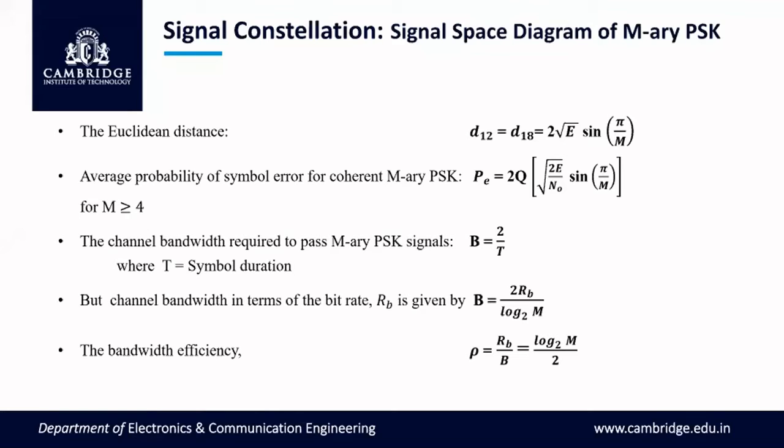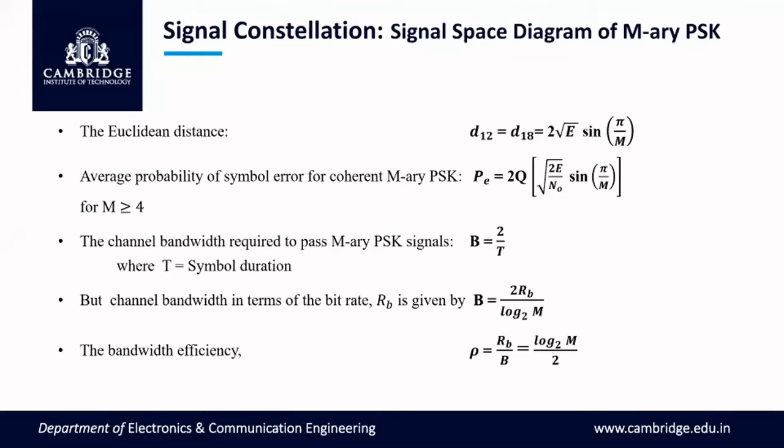But if I ask you to calculate channel bandwidth, that is going to be 2 times RB. Bandwidth is equal to 2 times RB, twice the RB. Remember always, this is the general equation. Bandwidth of channel required to transmit a particular signal is always equal to 2 times the data rate. Data rate is equal to 1 divided by the symbol duration. So based on this, B is equal to 2 by T.